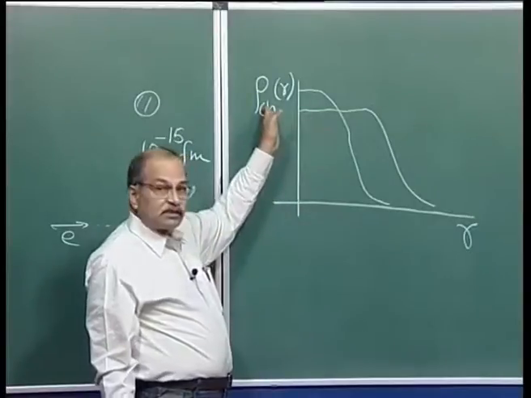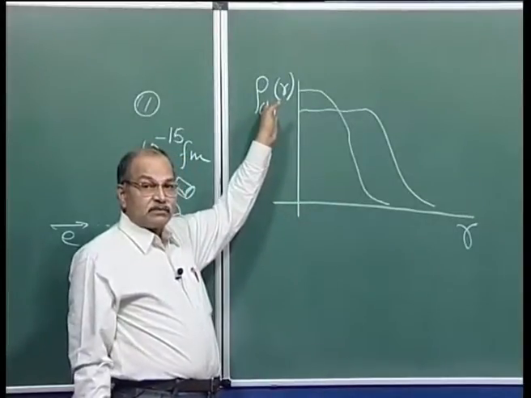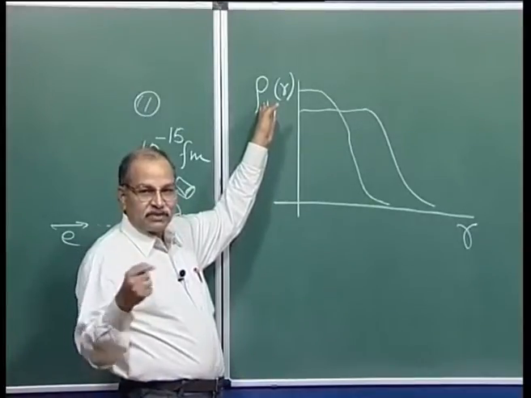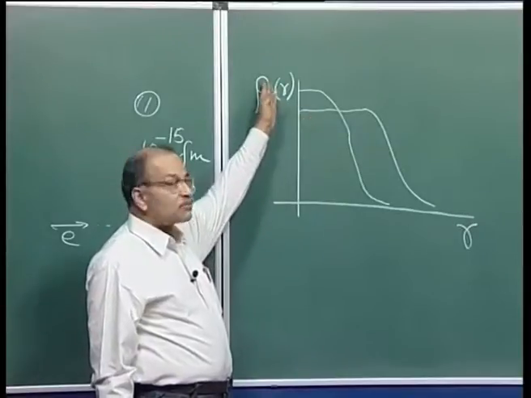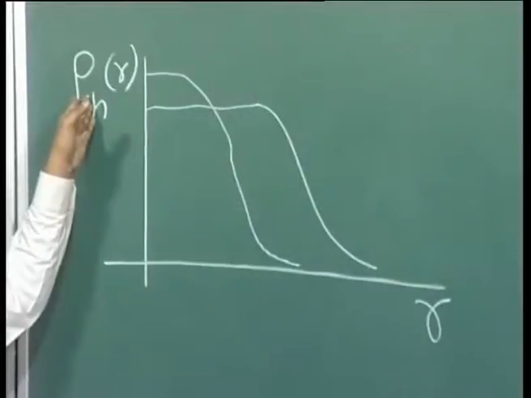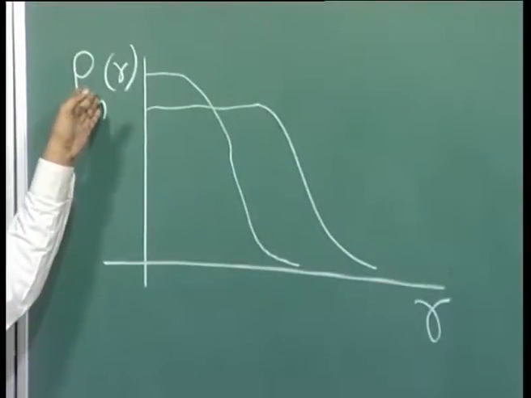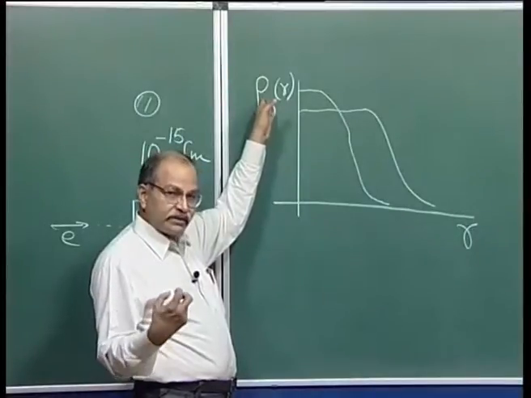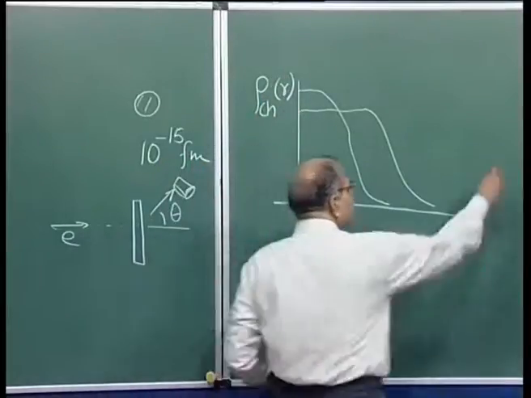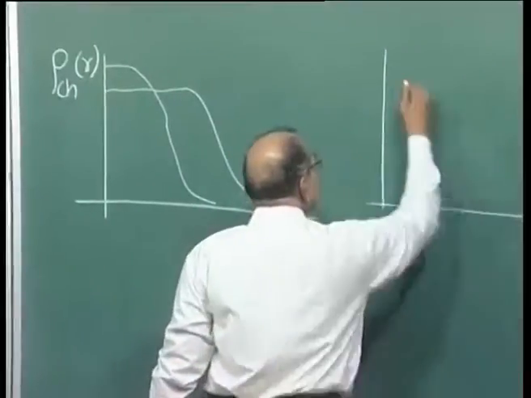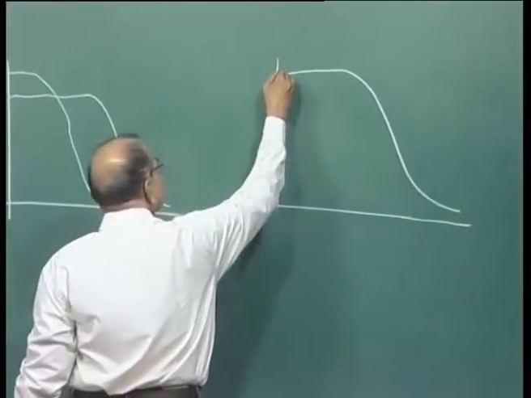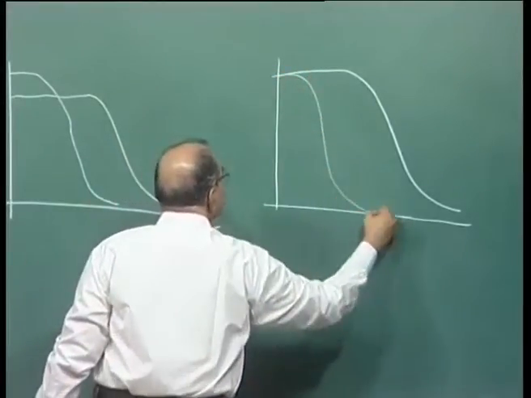Once you convert this charge to mass, because the electrons are only looking at the protons, they do not interact with neutrons. So the results are in terms of the charge density, the proton distribution, but you also have neutrons in the nucleus. So you scale it up so that protons and neutrons together give the total mass distribution, and then all these things coincide and you have almost this type of distribution. Different nuclei will have different extents.